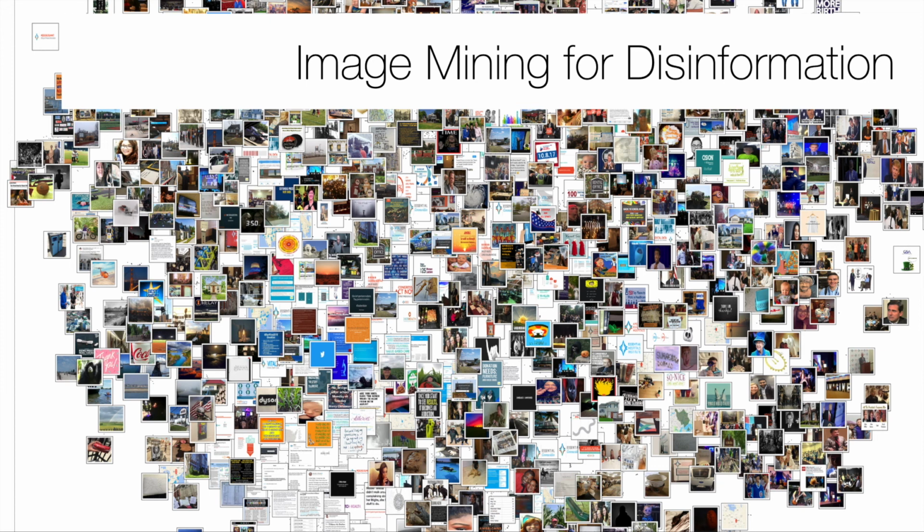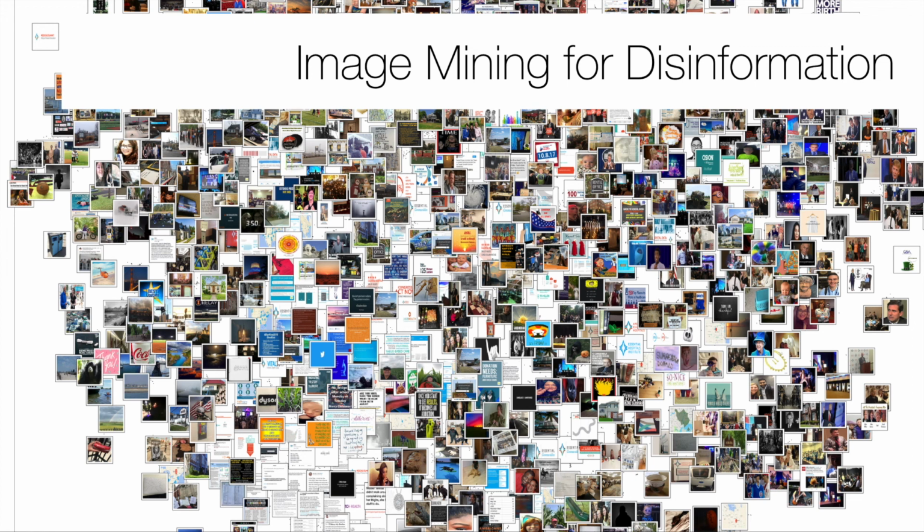Now, as with the text mining pipelines that we talked about before, I'm not going to go into detail about how these deep learning approaches work for image classification or image analysis. There are a lot of classes for this, and a lot of resources out there available for you. Instead, what I'll talk about is how we can use these techniques for doing analysis on social media data. One in particular is using image mining for disinformation.